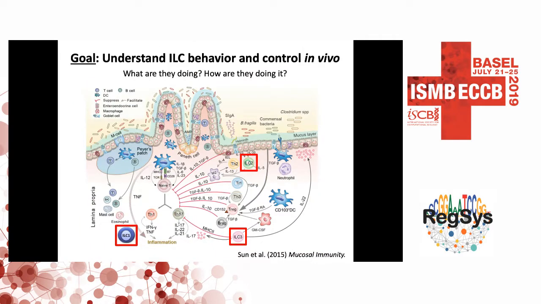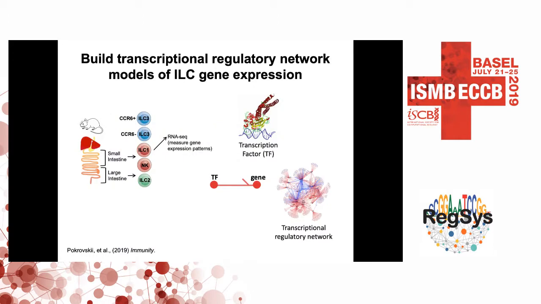And our goal, and this is kind of a vignette, is that we'd like to understand innate lymphoid cell (ILC) behavior and control in vivo. We'd like to know, in their in vivo setting, what are they doing and how are they doing that? As a first approximation of cellular behavior, you can use RNA-seq as a high-dimensional phenotype of what the cells are doing. And from there, we use transcriptional regulatory network inference on these measurements to try to determine what the